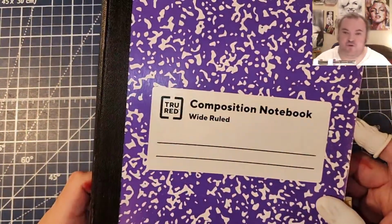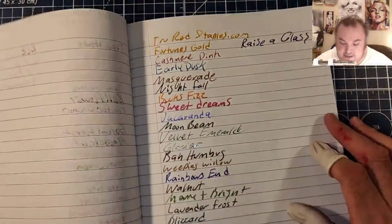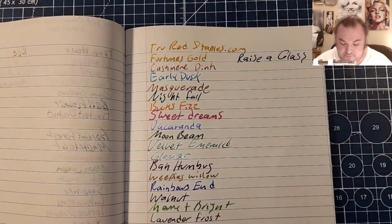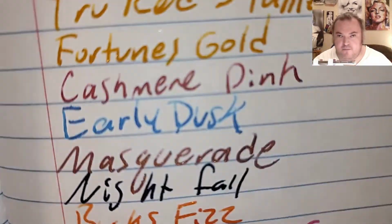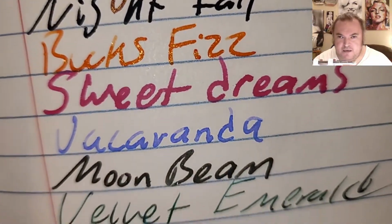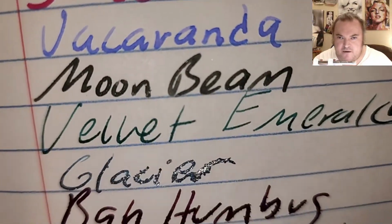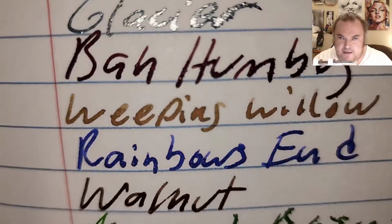Alright, this is the True Red composition book from Staples.com. Staples is a stationery store, and you would think that they would know all about fountain pens because they sell Cross fountain pens, ink and paper, and it looks okay, but then we get down to Glacier and it's like